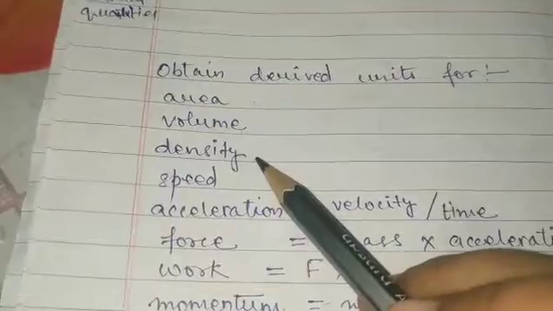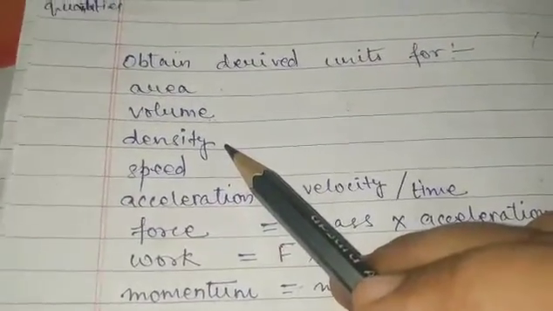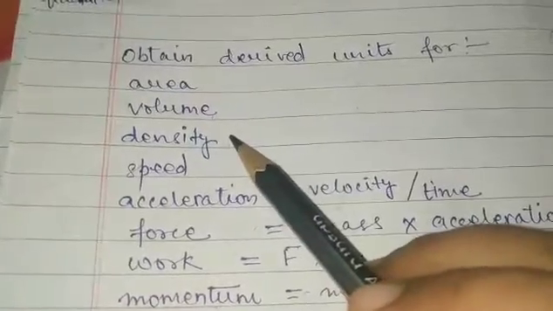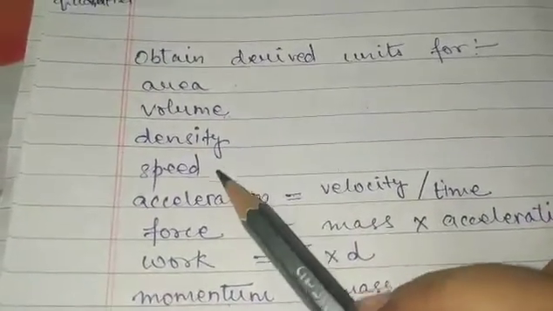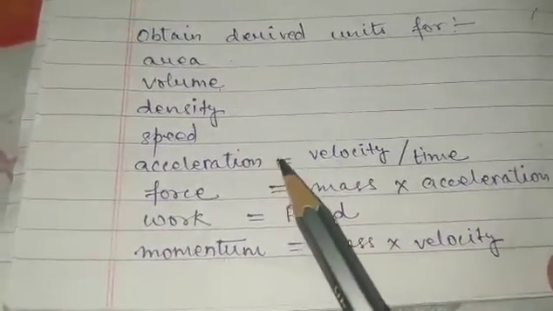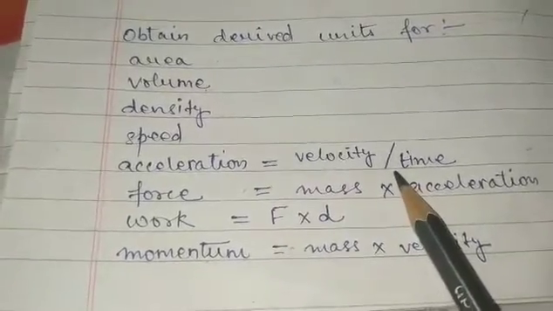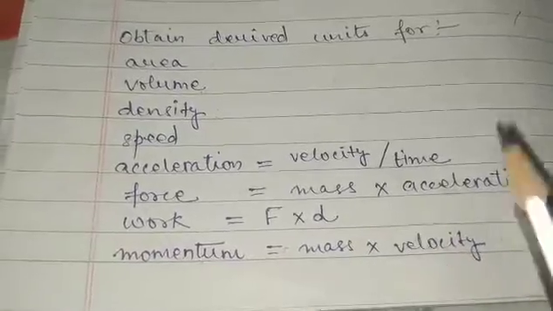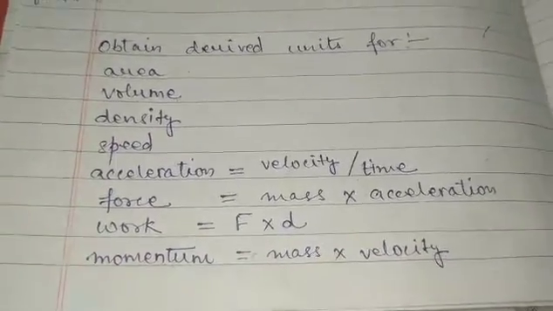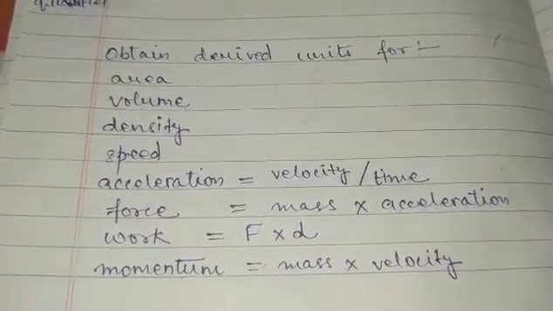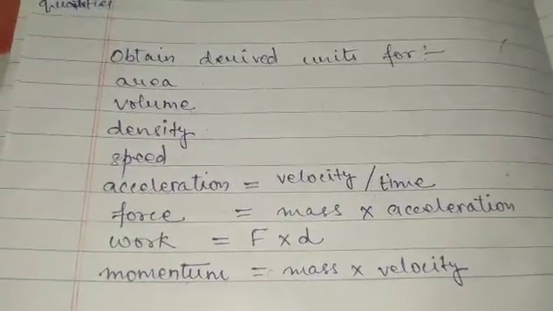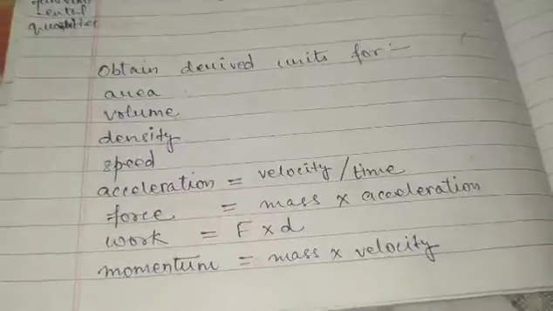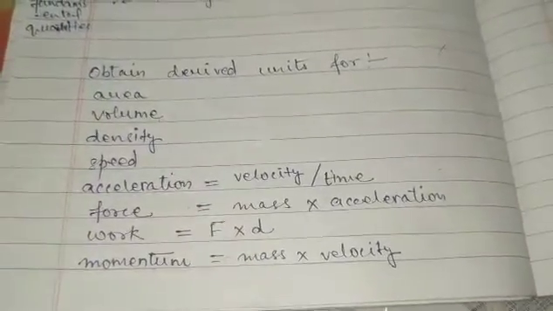And then density, you know the formula. Just check out your previous books if you've forgotten, revise it. You know the formula of density, you can derive its unit. Speed, acceleration, I thought it may be a new term for you, so I have written the formula for it. Force, work, momentum, these are new terms for you. So I have written the formula for these things, and you can try deriving the units for these, and we'll be discussing this question in the next lecture. Okay, so that's all for now.